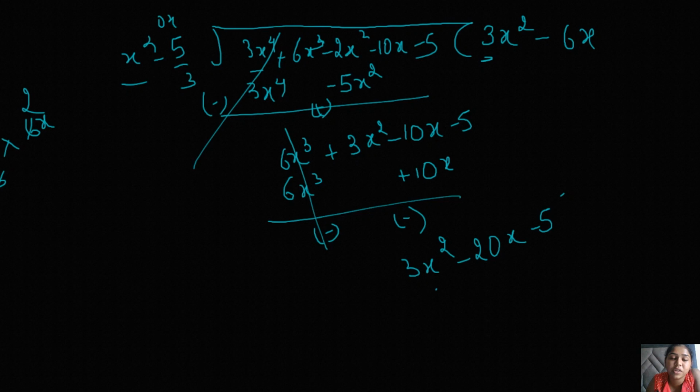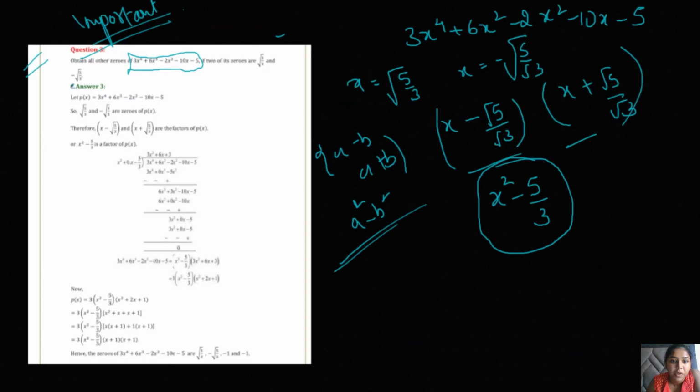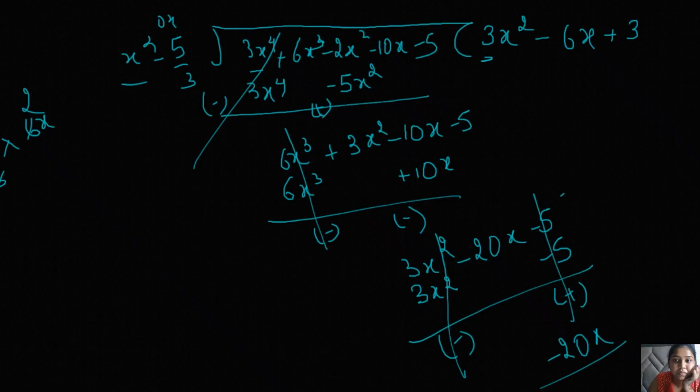So now this will be cancelled out, and we will be getting minus 5 here. So minus 20x we will be getting. Let's just move there only. Okay, so here also you will be getting this particular thing, as you can see, 3x^2 + 6x + 3 is the given polynomial, and this is how you can solve this out. You can just easily solve this question.